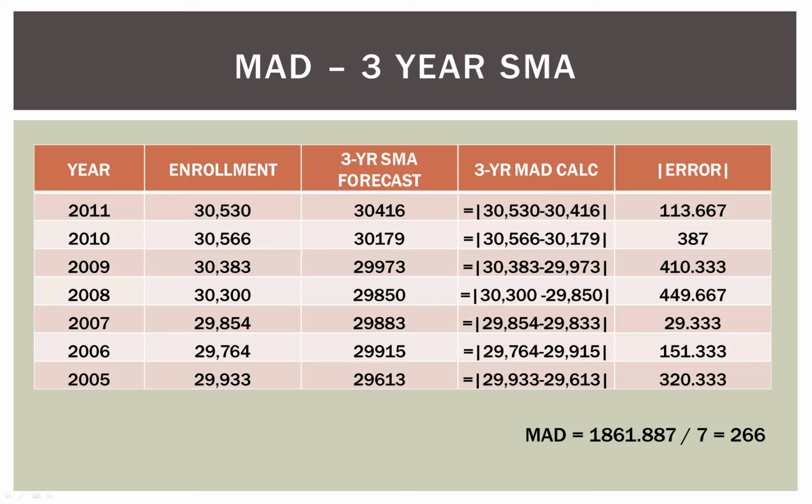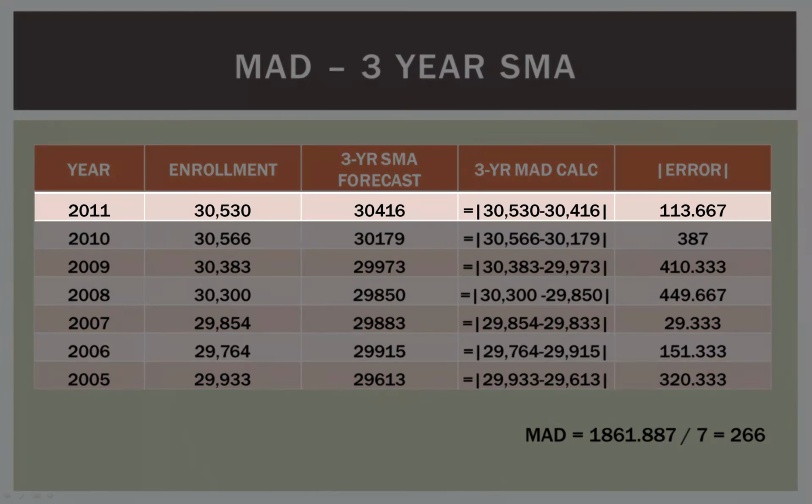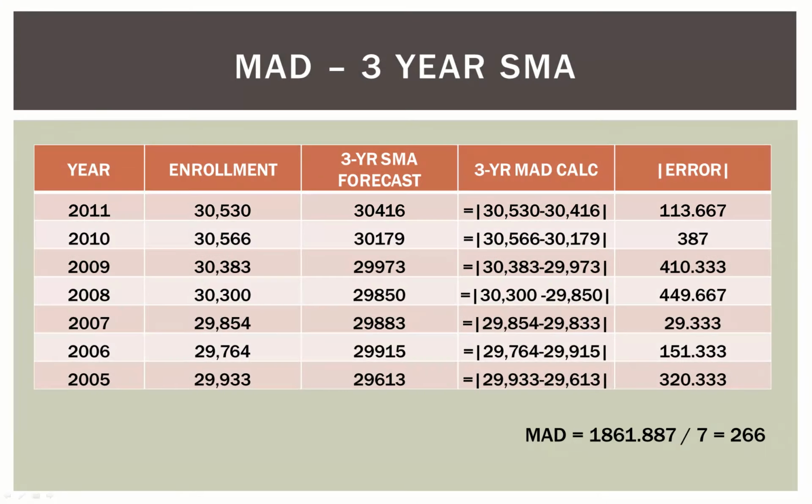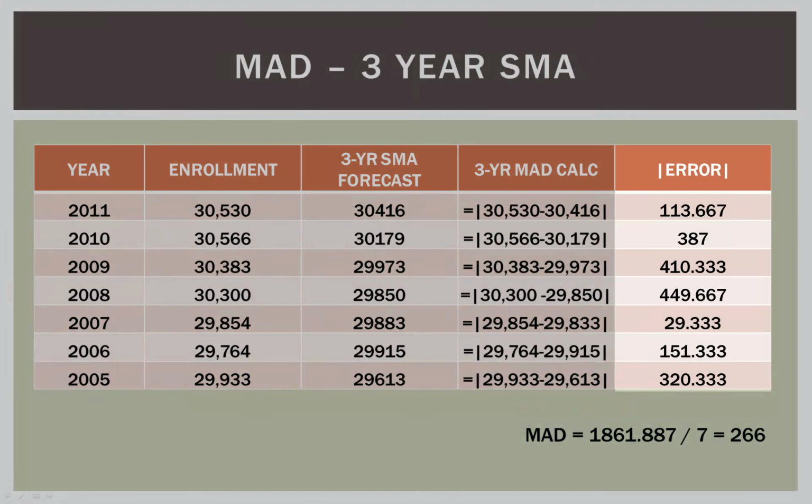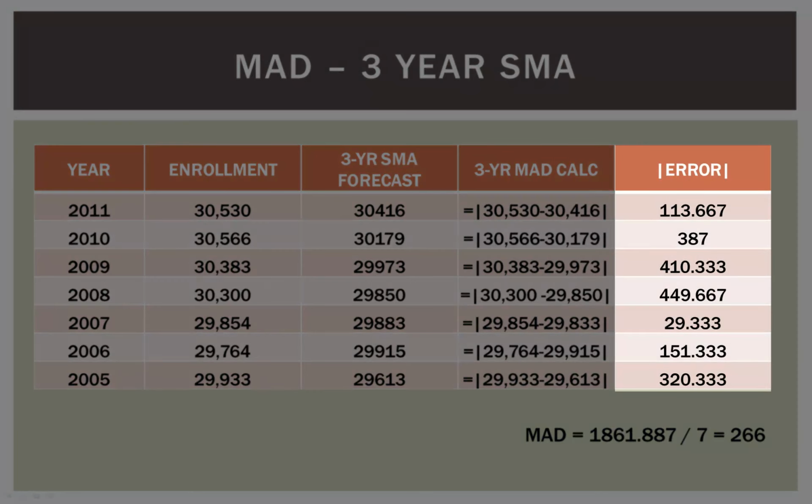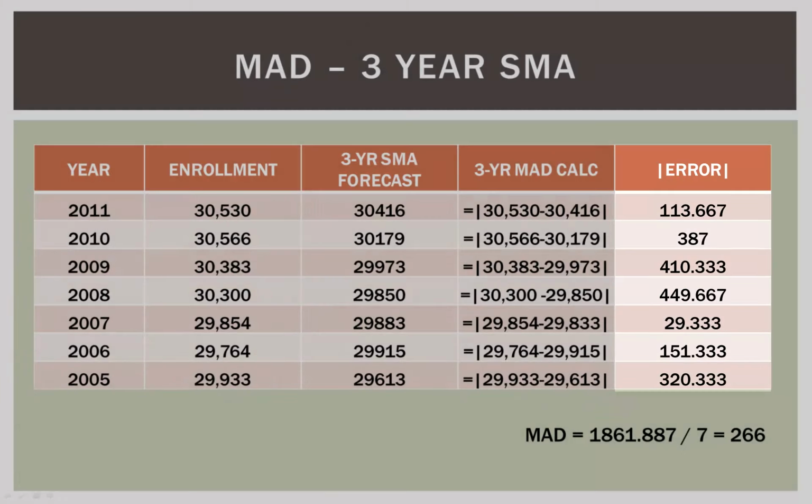So let's go ahead and do the MAD, or the MAD, for the 3-year simple moving average. Now we have our enrollment column, we have our 3-year SMA forecast for each year. So remember, to find the MAD, we take the enrollment minus the forecast, and then take the absolute value. That's it. So we do that for each year. We add up all those years, the error terms there on the right-hand column. We add all that up, and we get